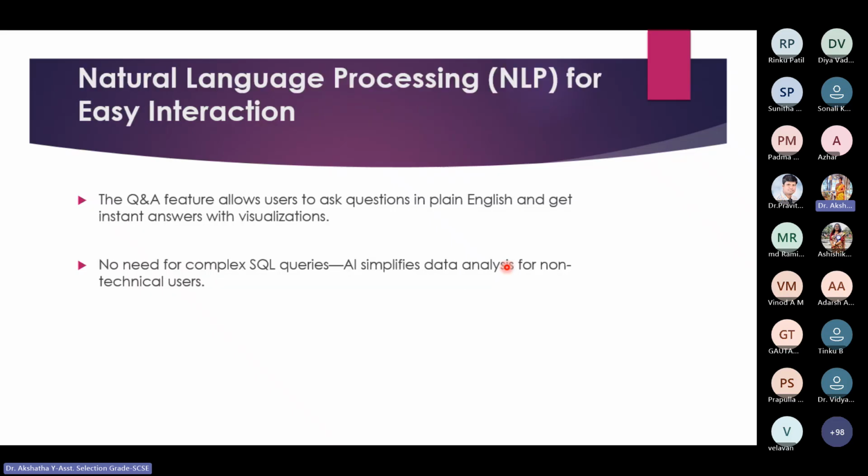And next we have natural language processing. I discussed NLQ also. That question and answer feature allows, for example, when we are discussing, not all people are very fluent in English, or very good at speaking or communication. Sometimes there will be a mistake because we are human beings. At that time, we should not feel low or less confident because of this, thinking, oh, I don't know English, or I don't know how to type or how to communicate. No. Our good friend for this is natural language processing. So even though we type a question in plain, normal English,